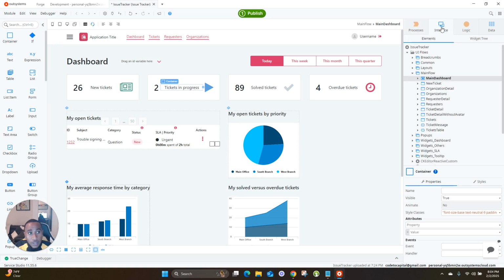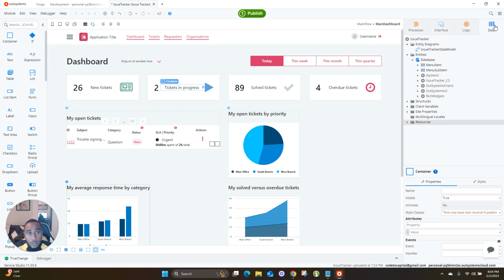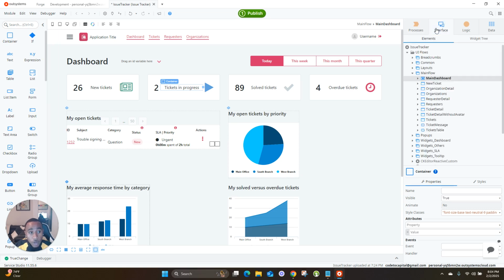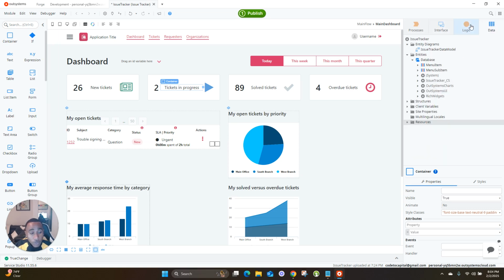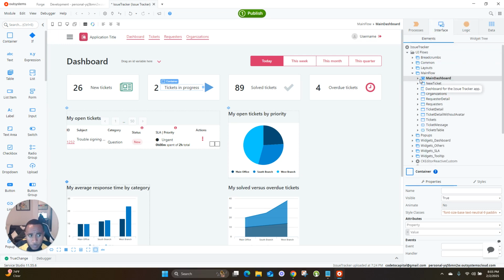So these are processes, interface, logic, and data. And so clicking on each tab will reveal the elements that are a part of each tab and all of its components. So if we go back to our interface tab here, when you're viewing these elements on the tree,